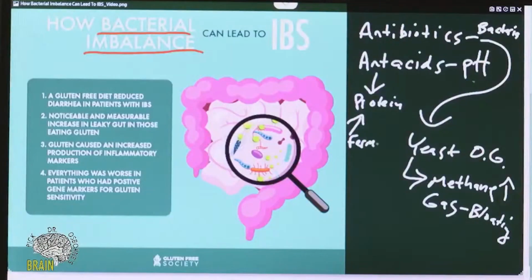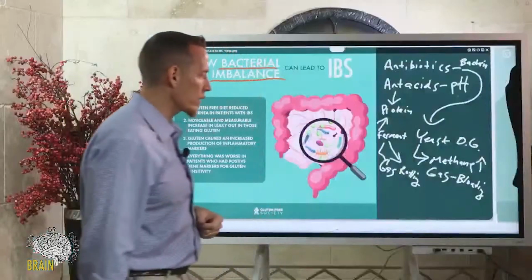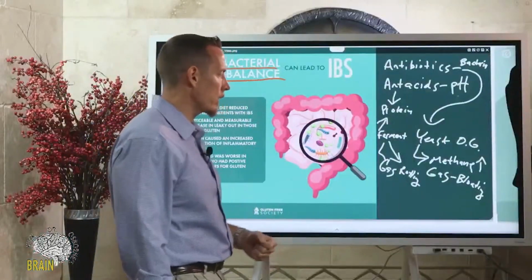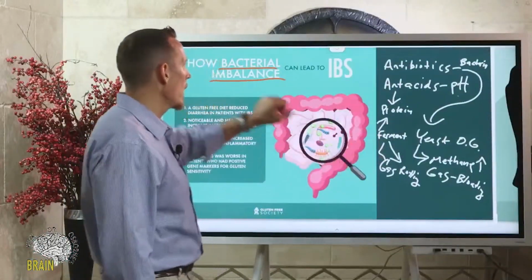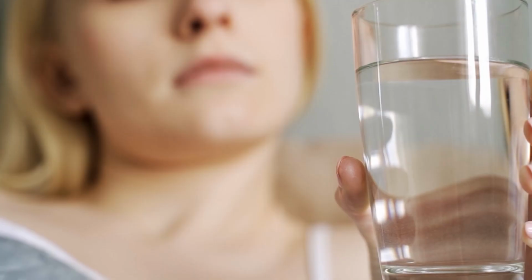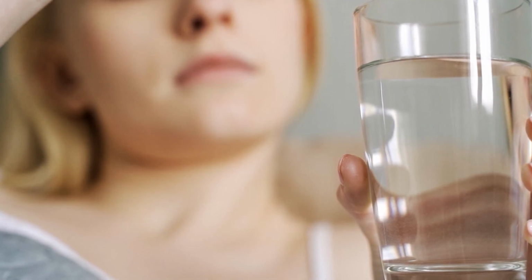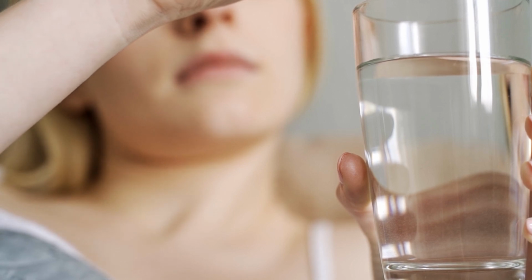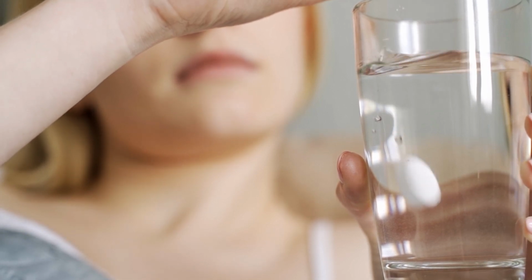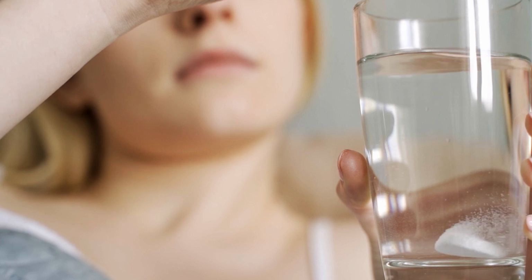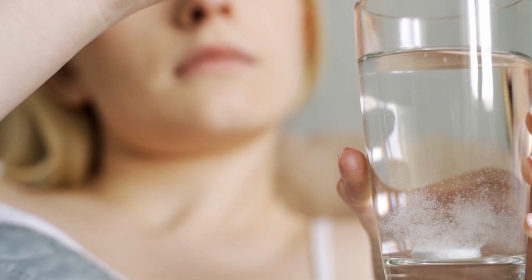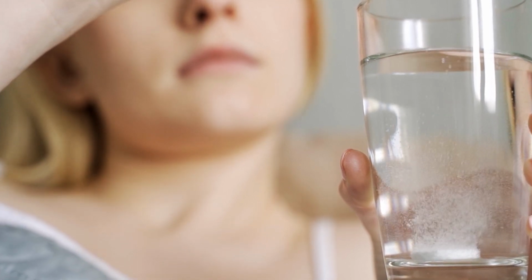And so now when you have fermenting protein, what does that do? It produces gas. And this food that's fermenting, in actuality, it's rotting. So it's not even that it's just fermenting, but it's putrefying. So it's forming byproducts and gases and other things that actually change the milieu of the bacterial environment. And so a lot of times what I'll see in people is they've got a history of popping antacids because they want to eat bad, so they just take an antacid before they eat bad, and then over time it leads to this process, right? And then now they have a much bigger problem on their hands.